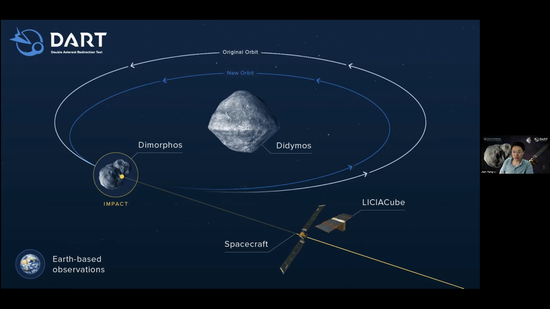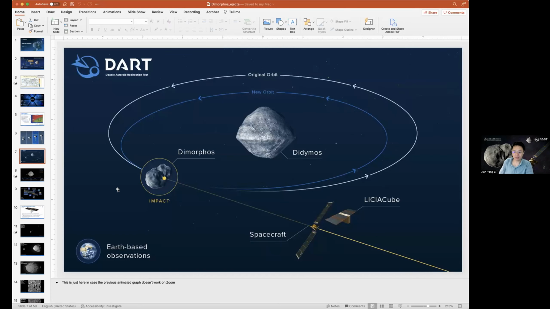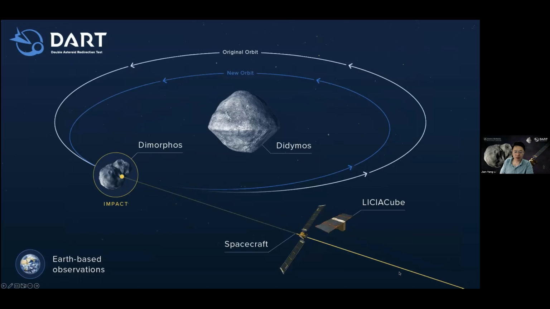we will be able to change the period of the moon around the double asteroid a lot. This is because the orbital speed of this moon is only like 20 centimeters, 0.2 meters per second, compared to the heliocentric velocity of 30 kilometers per second. So with this small push, we will be able to change the orbital period of the moon, in particular Dimorphos around Didymos, by half an hour. This is what we actually did.